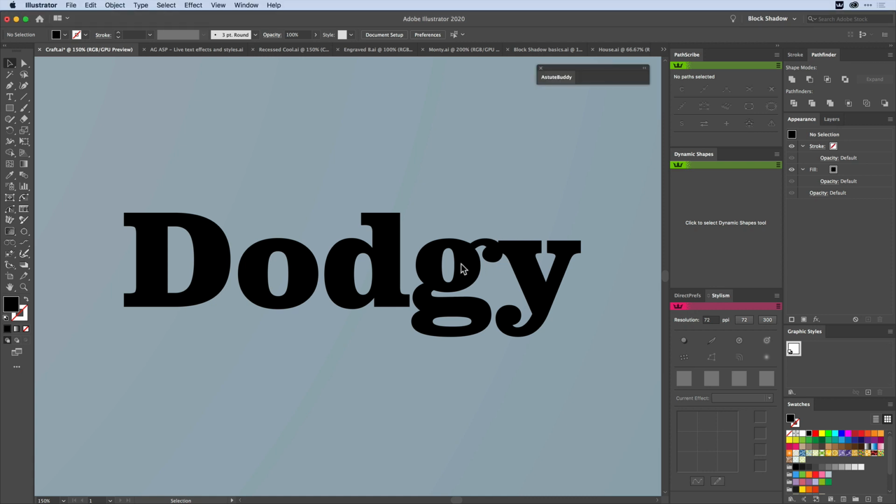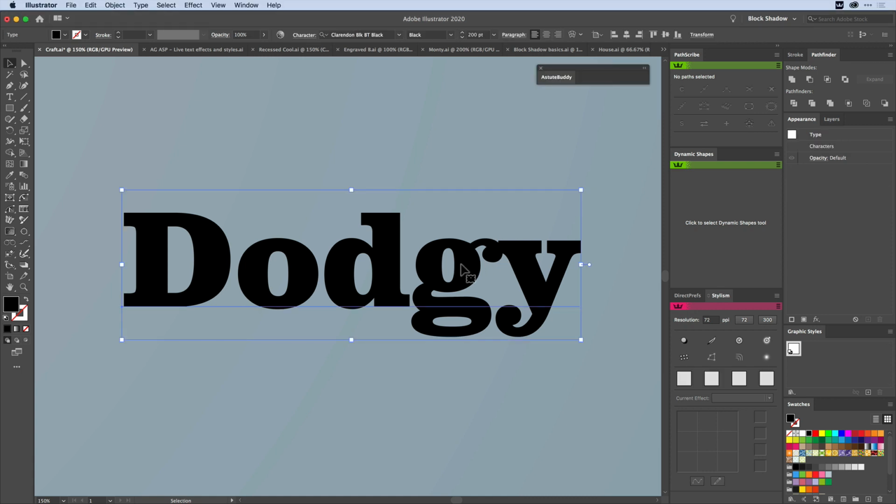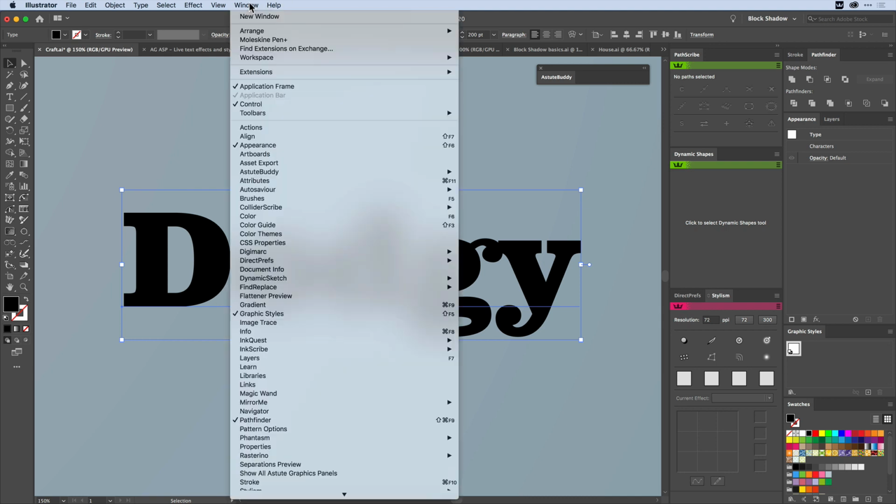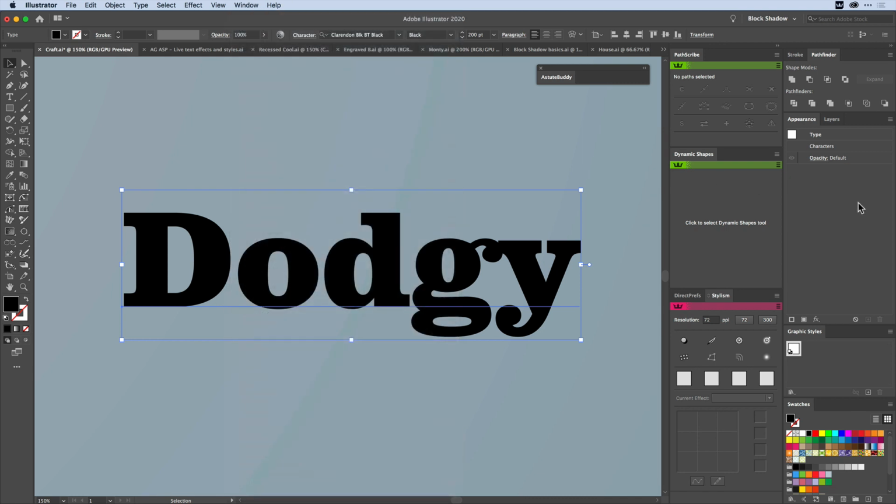I'm going to talk about your basics of Illustrator, of why it's so important to learn something called the Appearance Panel, because every single time I ask, people sometimes know about the Appearance Panel, but perhaps don't know the full power of the Appearance Panel. And I've got the Appearance Panel on the right-hand side here. If you haven't got it open yet, go to Window, Appearance, and you can dock it and all that.